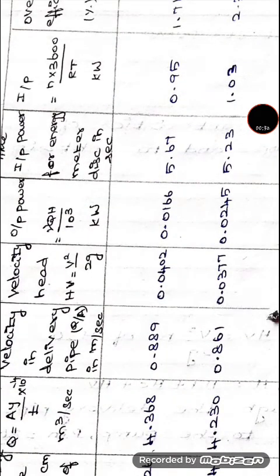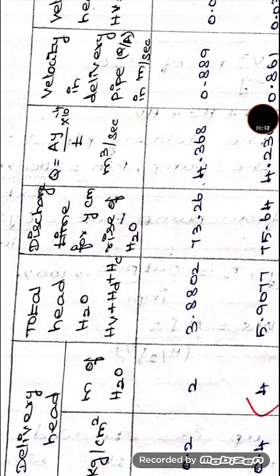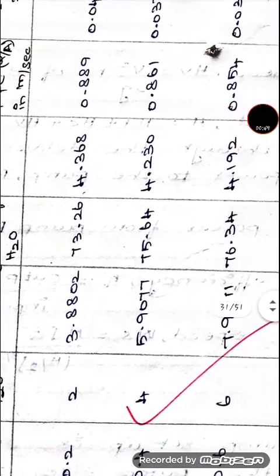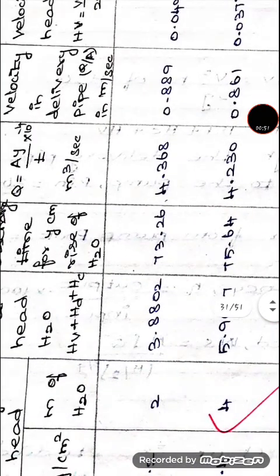experimental run. In addition to that, the time taken for the energy meter disk in terms of seconds for the given run, and also in the collection tank, that is in the discharge, the time taken for the y centimeter of rise of water. Here y is taken as 5 centimeter rise of water and how much time is taken. So these are the readings taken during the experimental run.